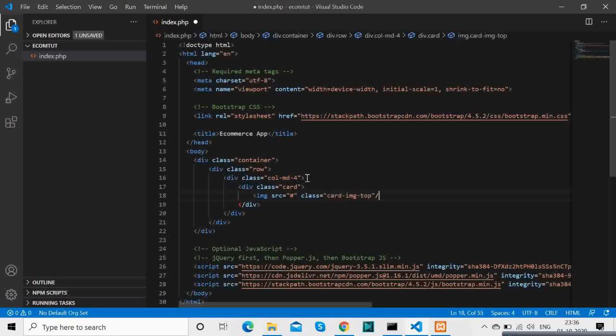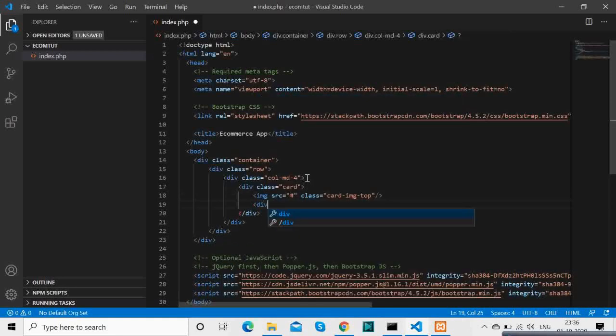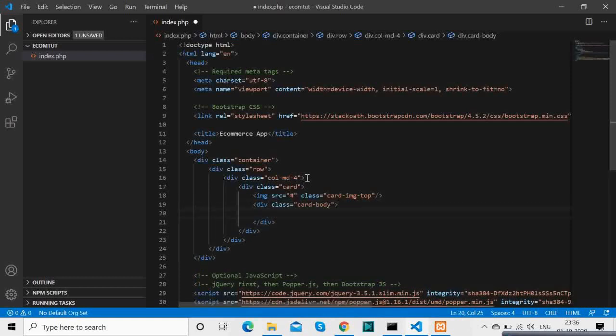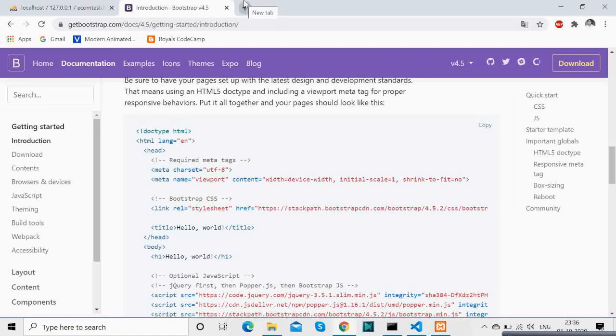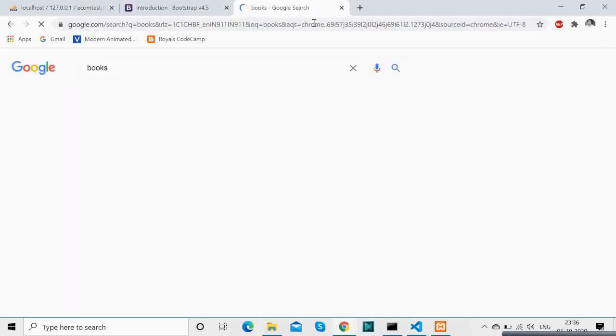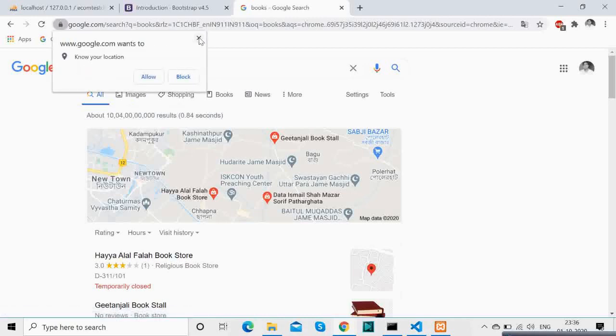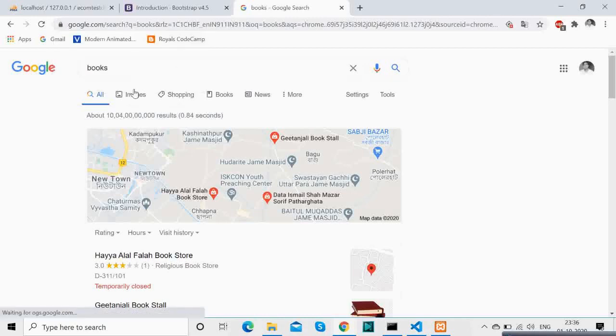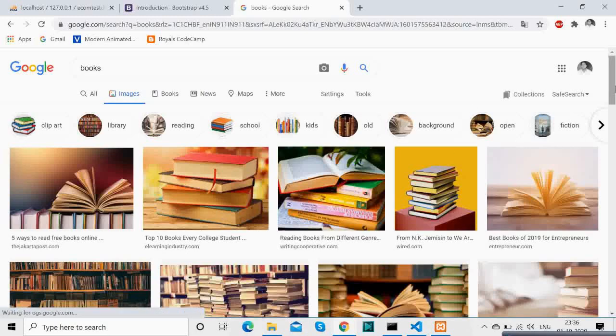Okay, first we are basically getting a template ready. After that the products will also automatically load up from the database. So first of all we are totally hard coding the product list. Okay, and so basically that's it. Now we are gathering some images basically, okay, of some products. So I'm getting some books.